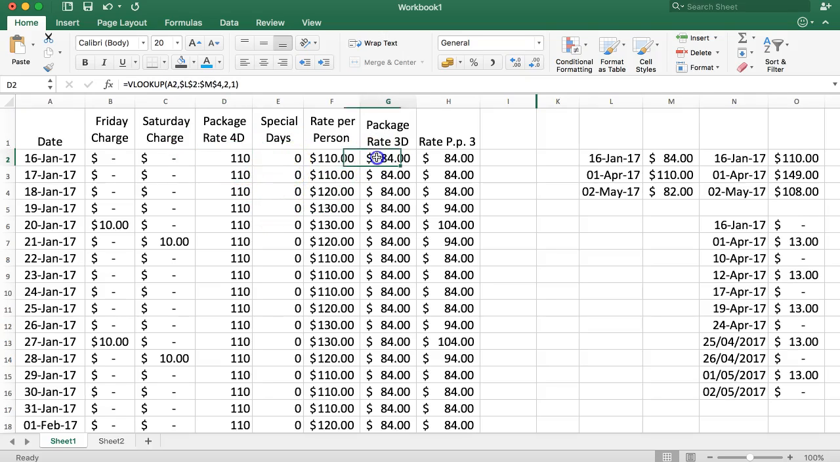Then we're going to finalize this by making sure that Excel can understand exactly where it needs to get the